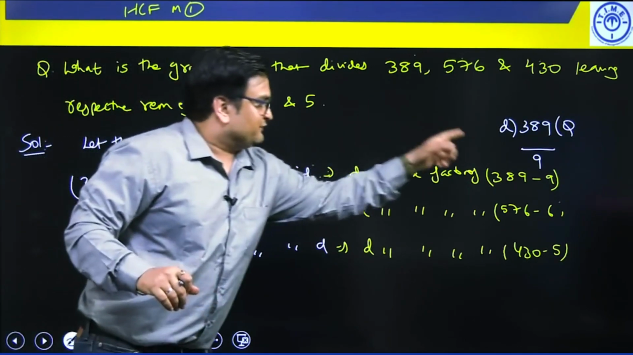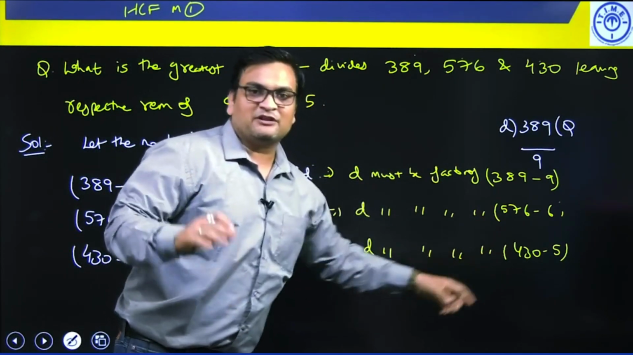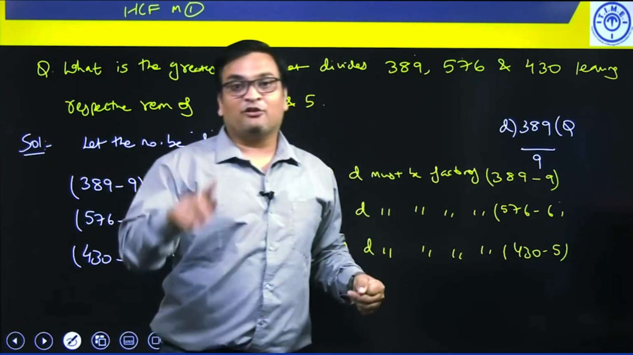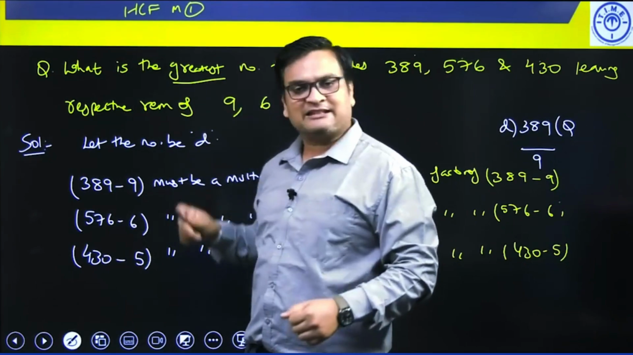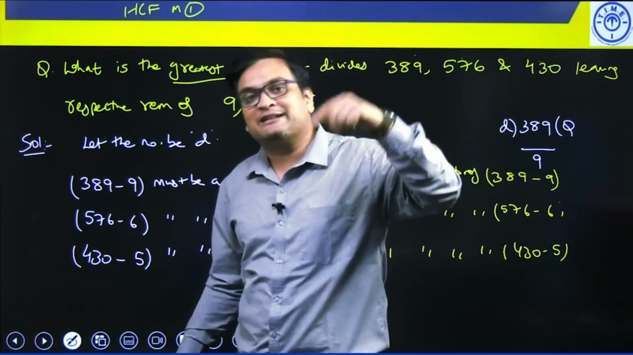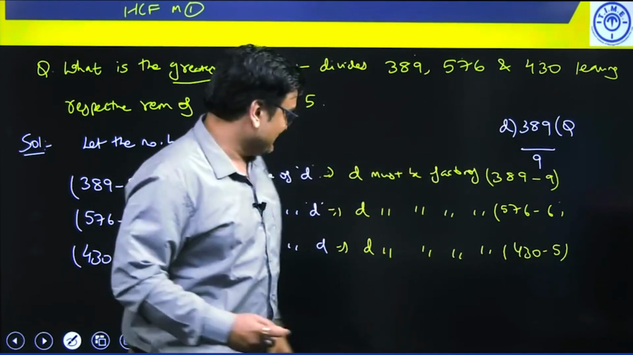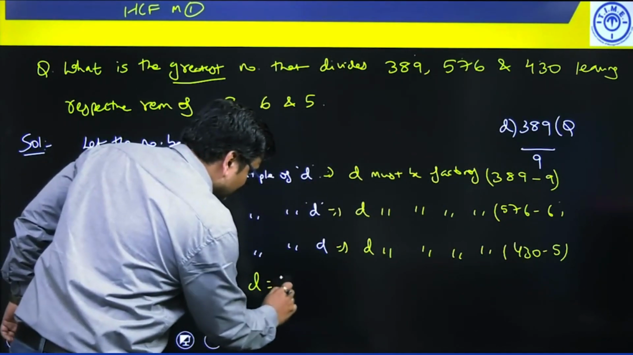So D should be a factor of this also, second number also, third number also. Basically, can I say D is a common factor? So common factor of these three. Also, I want D to be greatest. So that means D should be the greatest common factor, or GCF or GCD or HCF. Hence, can I say D will be equal to HCF of